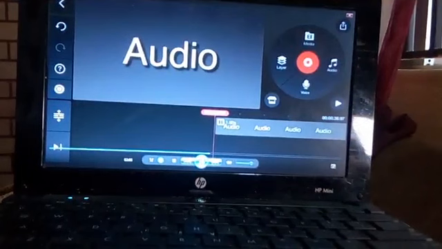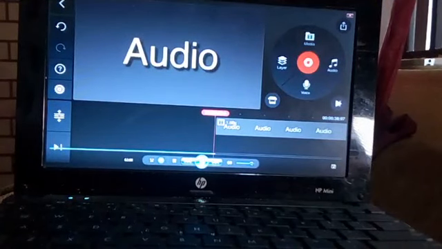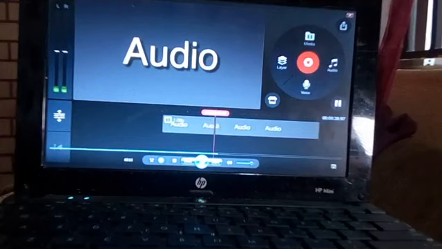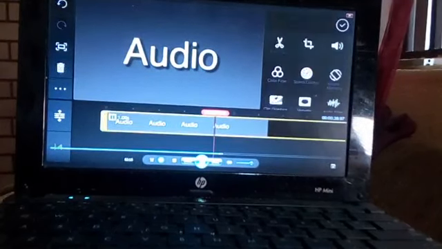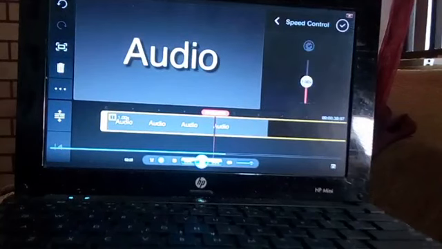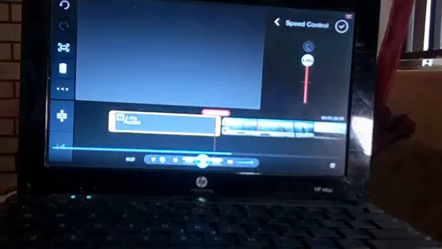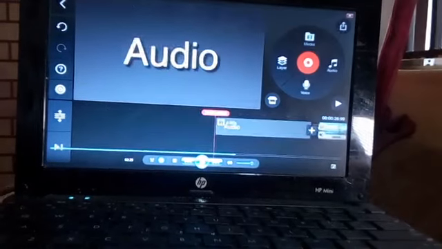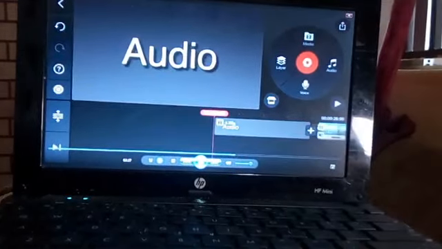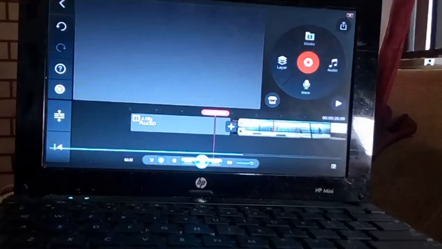And when I play this back, you hear that this video has the audio track that I wanted. So now I'll select clip, I'll tap Speed Control, and I'll use this slider to increase the speed of the clip. Let's play that back again to see how it sounds now. So you can hear that I was able to speed up that audio as long as it's exported as a